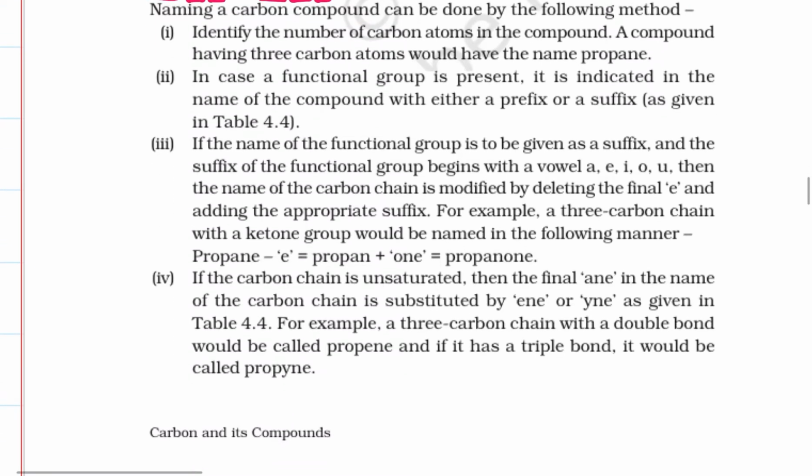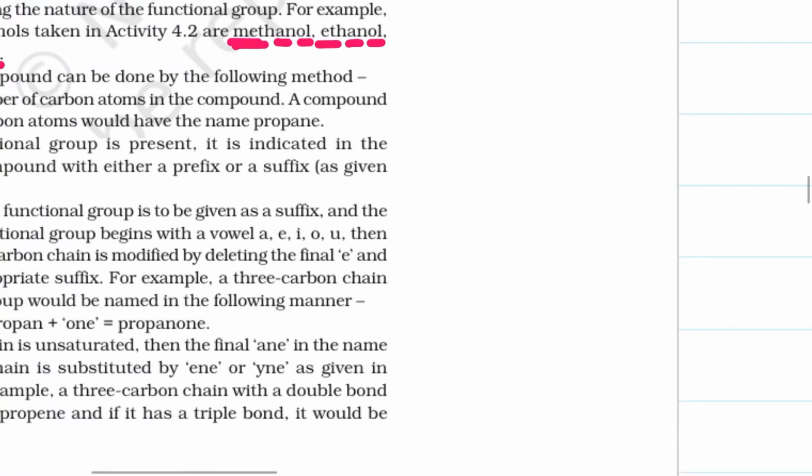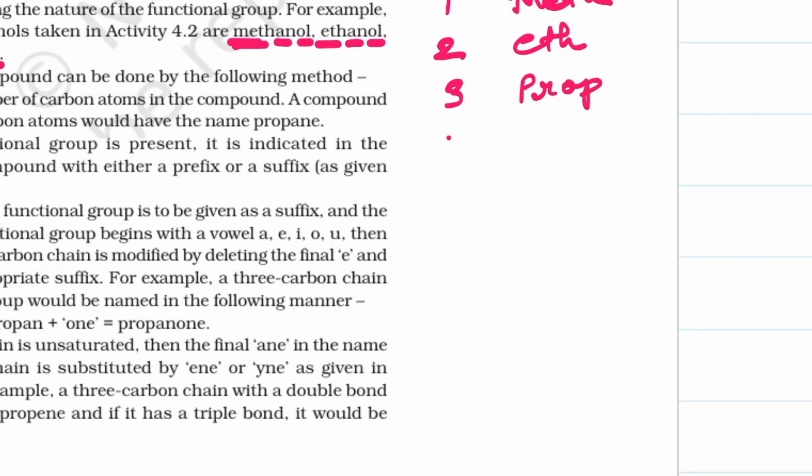So, now if you try to understand, naming a carbon compound can be done by the following method. Identify the number of carbon atoms in the compound first. A compound having 3 carbons would have the name propane. We already discussed this before, that if it is having 1 carbon, we call it meth, 2 carbon, then eth, 3 carbon, then prop, 4 carbon, then but, 5 pent,